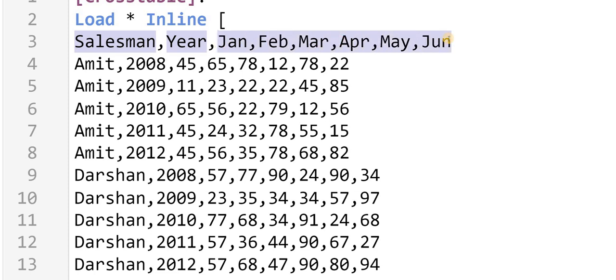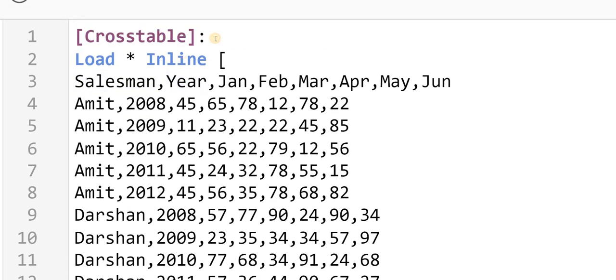list of the years. Okay, so I want to create a new data called salesman year, and all these data should come into, let's say, month, and relevantly all these numbers which belong to those specific months should come into the sale column. So these two columns are not available, obviously, month and sale, but the data value should come into the sales, the column name should go into the column called month, and the rest of these two should remain the same. So a very simple concept called the